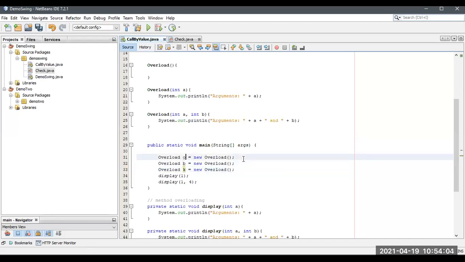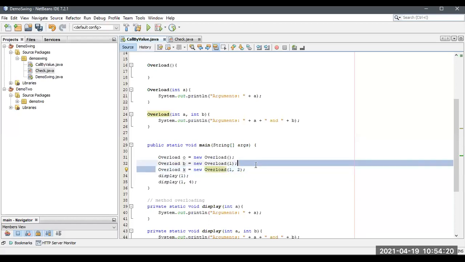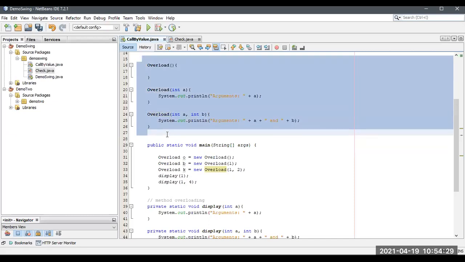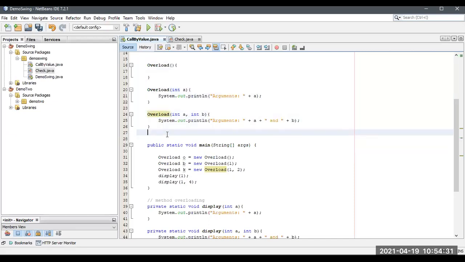I will take it as k, and I'm going to send the values 1 and 1, 2. At the time of object creation, it goes to this constructor. With the same name, we have several constructors, so we call it constructor overloading.